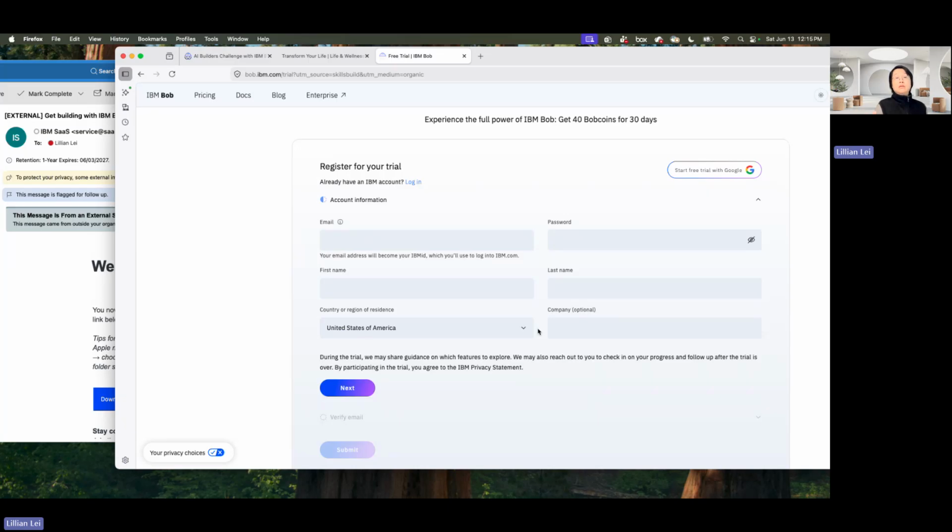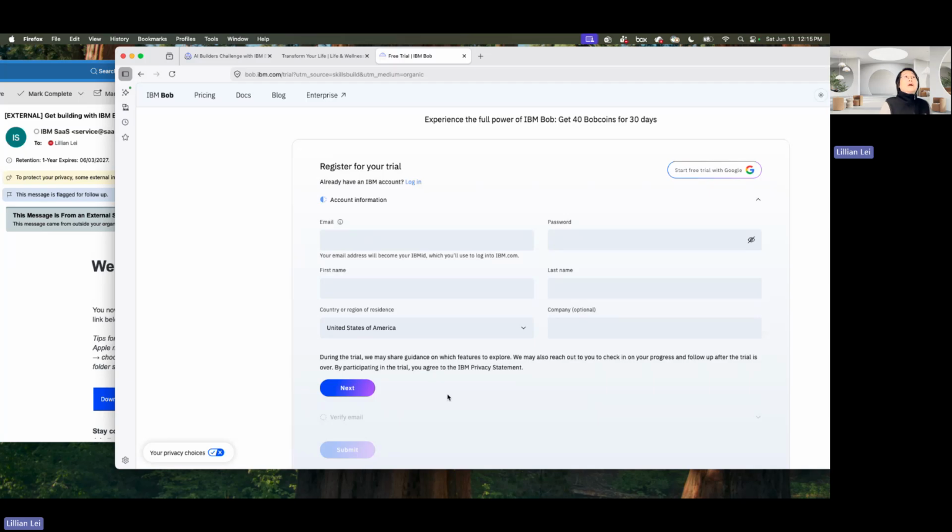If you are a student, specify what university you are going to, or if you are a recent grad, just say what university you graduate from. Of course, which state you are from, California, New York. This is available for everyone in the US. And then you just submit